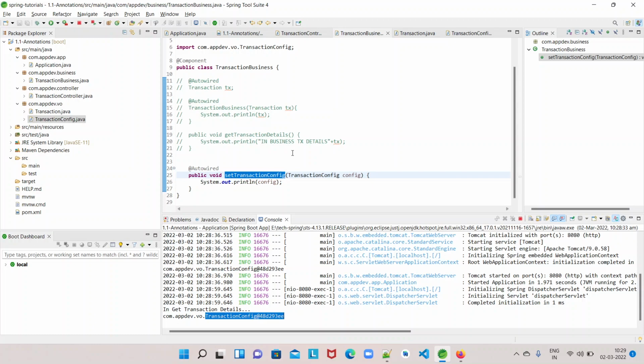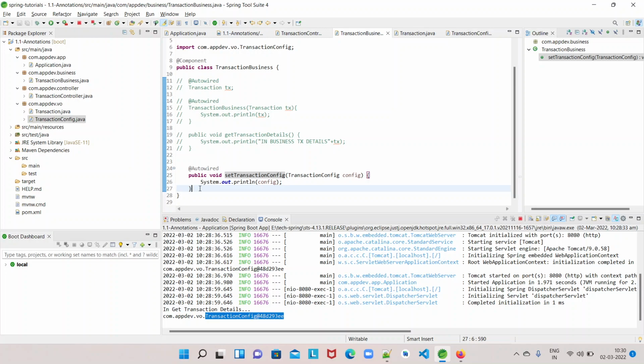Basically at the date auto wired can be used on a constructor, on a class level field like this, on setter methods, on any other method, and also on parameters of a method or a constructor as well. There are so many scenarios where we can use this. That's all about the different approaches we follow to inject the dependencies automatically, to instruct the Spring framework.